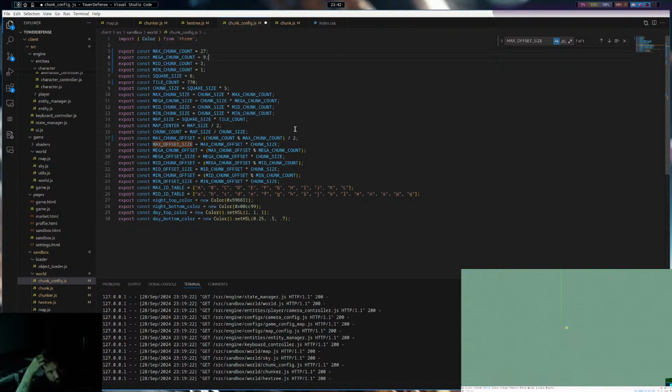So if we say this is 2, we could say this is 6. This would be 18, and then 24 plus 30 is 54. Then that gives us a relatively decent sized chunk. We can try to scale this back down.